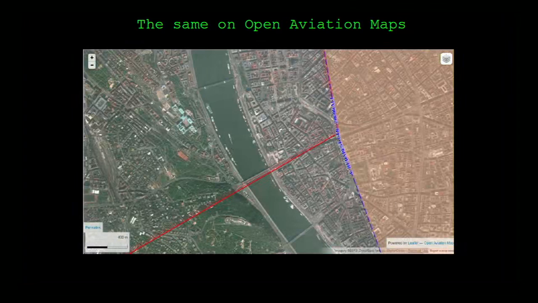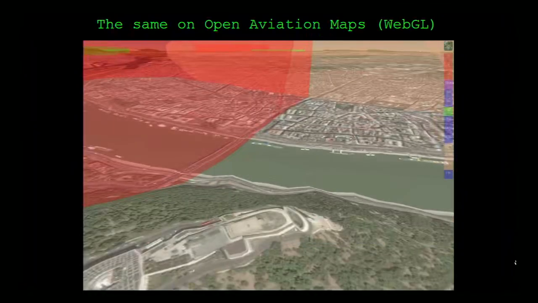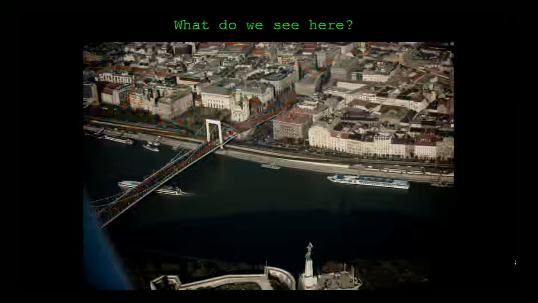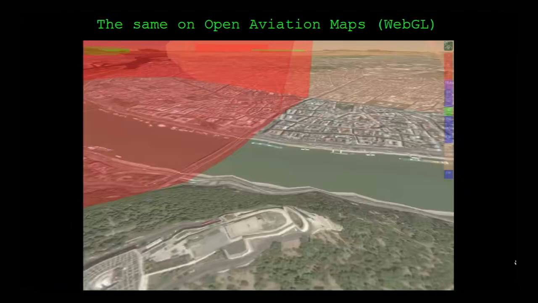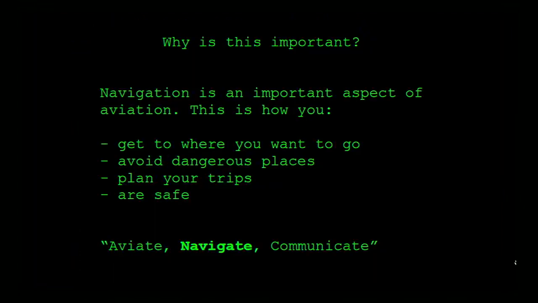And these are already screenshots from our project, the Open Aviation Map project. And this is the same with the 3D visualization. So this is the hill in front. This is the bridge. These are the boats. If I go back, you see the boats, the bridge, and that's called the Citadella. And these are the airspaces that were drawn on the map manually. So why is this important? Navigation is important because,